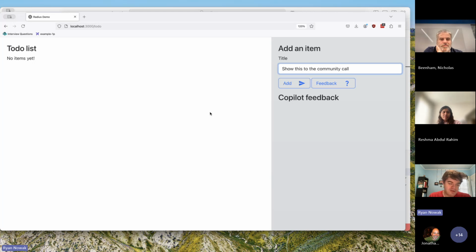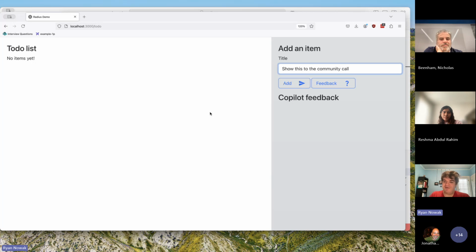So just to start with, I think since the Web 2.0 days, everybody's built to-do applications as the standard. Like, oh, I've got to build a demo for a new framework or a new tool. To-do is the go-to. But then this thing happened called ChatGPT, and so now AI is just everywhere. And so I thought it'd be awesome if we could revamp our Radius demo website with some AI.